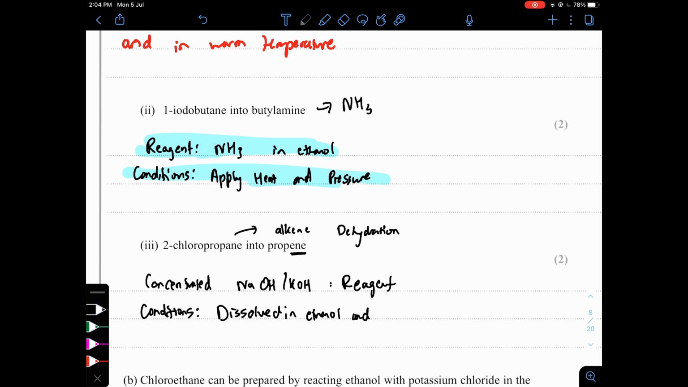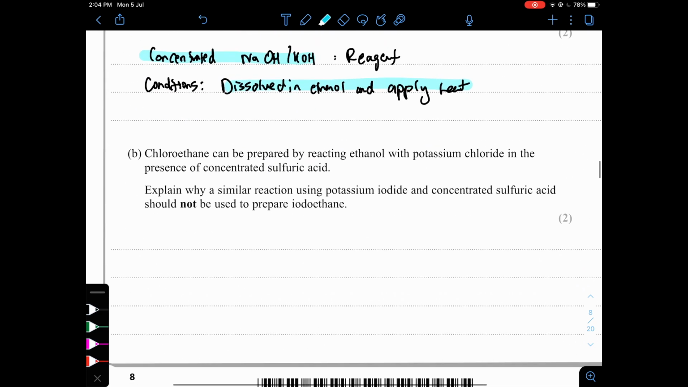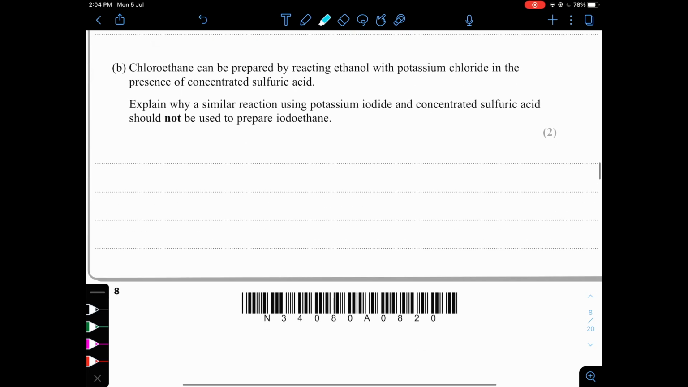So this is our reagent, and dissolve ethanol and apply heat. Chloroethane can be prepared by reacting ethanol with potassium chloride in the presence of concentrated sulfuric acid, right? So chloride. Okay. Explain why similar reaction